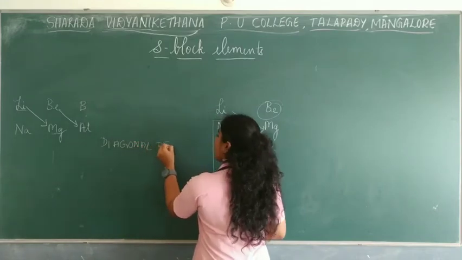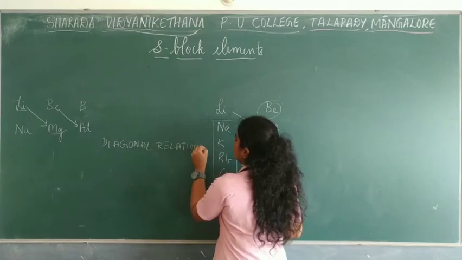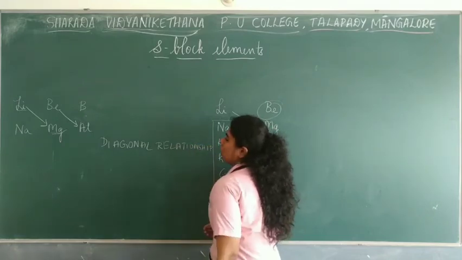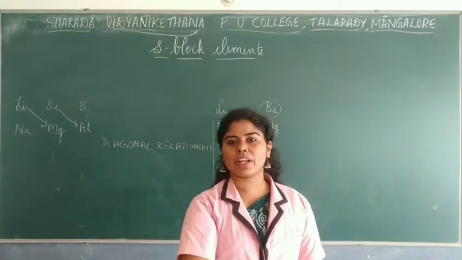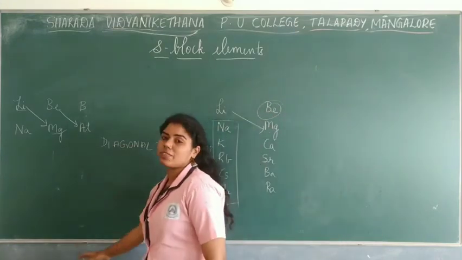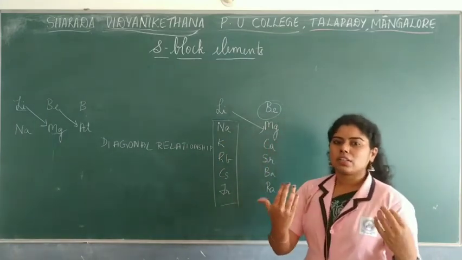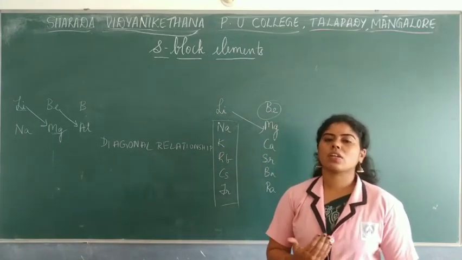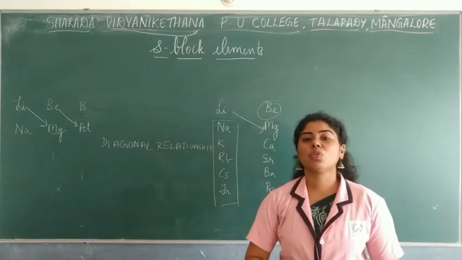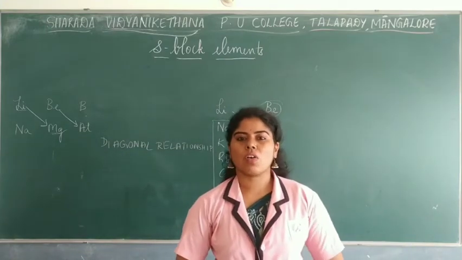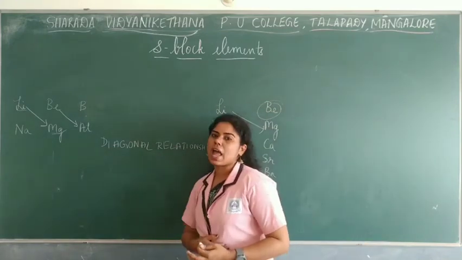So whenever you study compounds related to beryllium or lithium, they will have certain different properties when you compare them to all the other elements present in their own group. So always when you study the alkali metals, the behavior of alkali metals with different substances, lithium or beryllium would show some other property which is different from them. And this relation is called diagonal relationship.